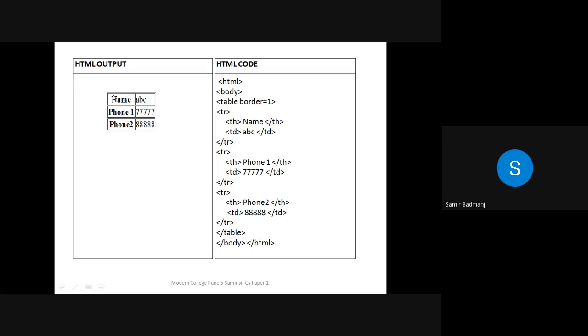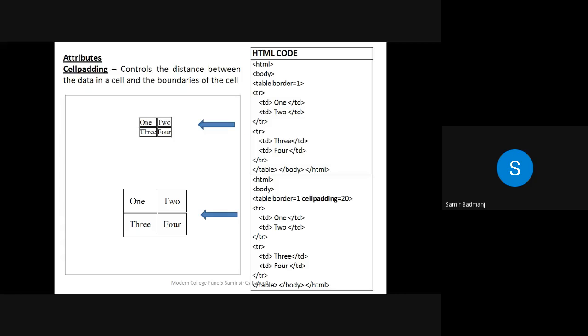You can see here, now three rows are there. First row, second row, third row. See, TR means to create a row. TH means that one will become bold. TD means normal data, which is ABC. So whenever you use the TH tag, either to give the row heading or the column heading, you can use the TH accordingly. Then we had seen the attributes of the table tag, cell padding and cell spacing.